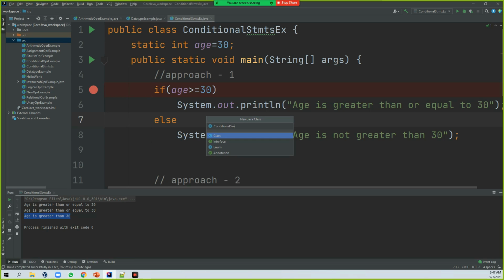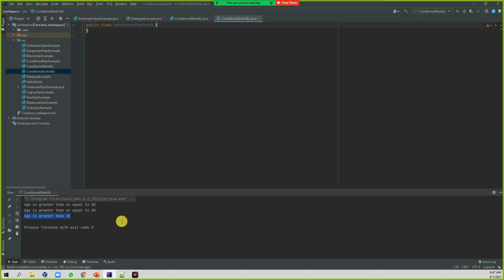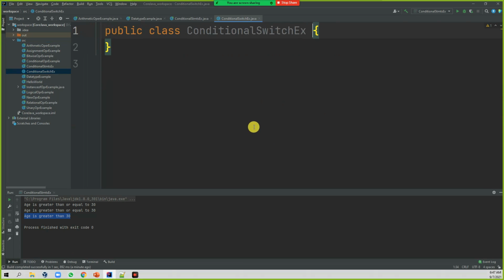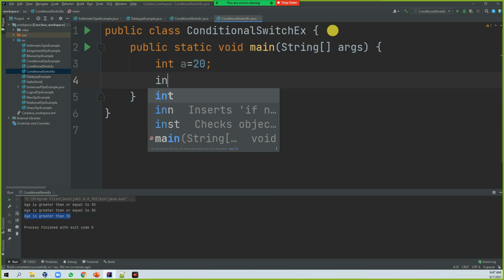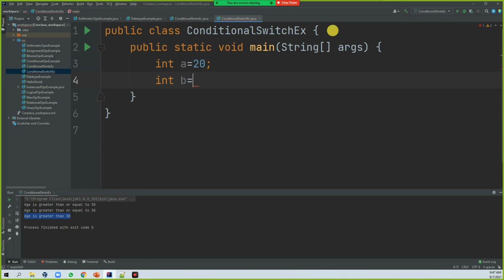conditional switch example. public static void main. So here int a equal to 20, int b equal to 30,